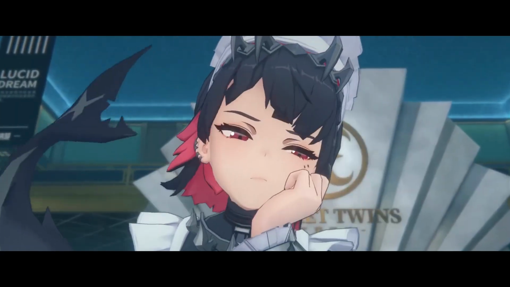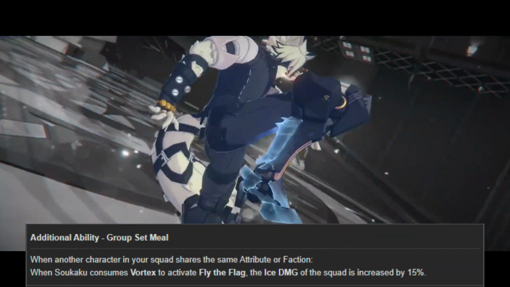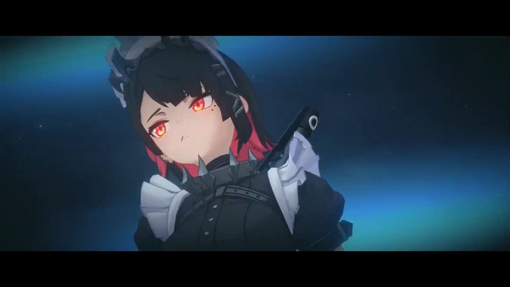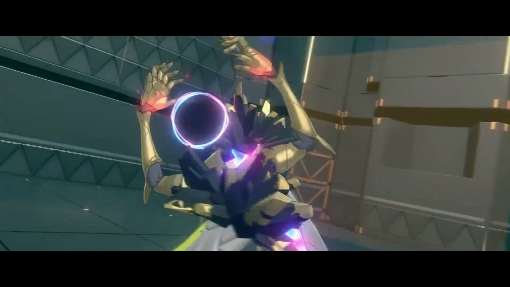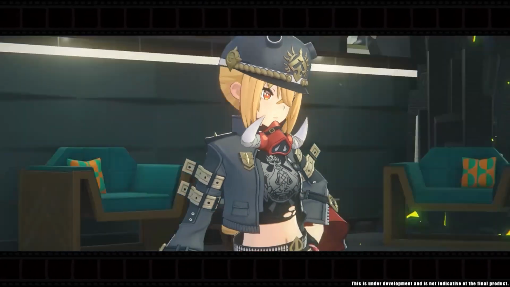She also increases the ice damage dealt by your squad, so that already is a lot of damage that she increases for your team, and she is probably a must-have for Ellen and Lycaon, especially since they are both ice damage dealers. There is also a rumor lately that Lucy will be a free character,